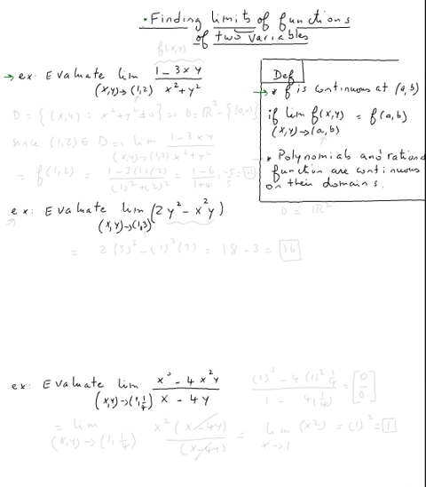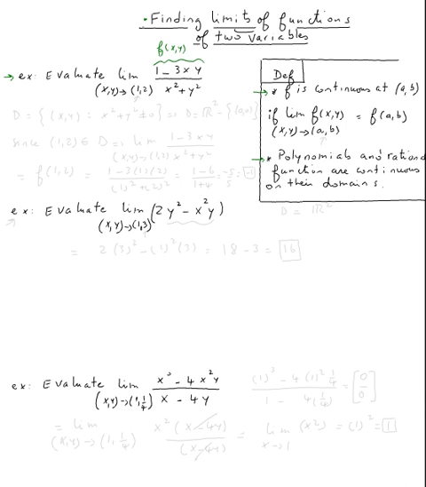So let's look at the definition. f is continuous at the point (a, b) if the limit of f(x, y) as (x, y) approaches (a, b) is equal to f(a, b). And also polynomials and rational functions, we know they are continuous on their domain. What this says, if I call this whole quantity f(x, y),